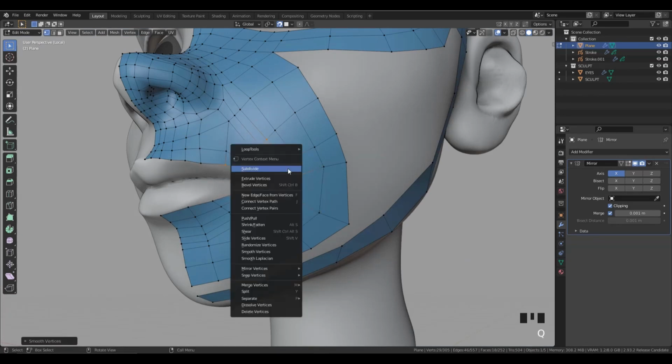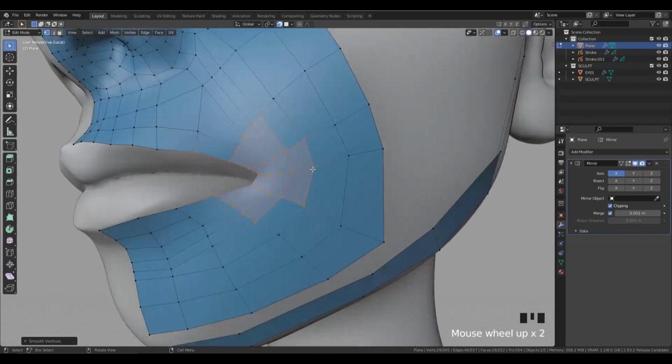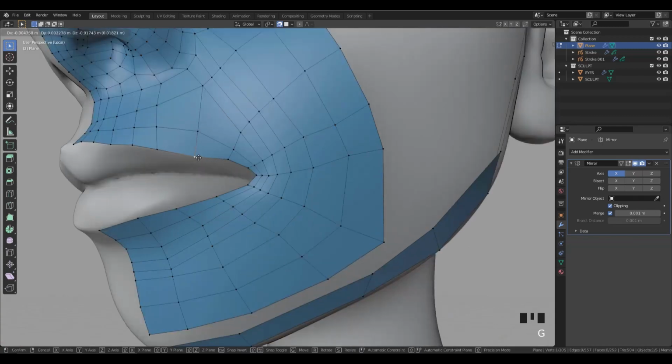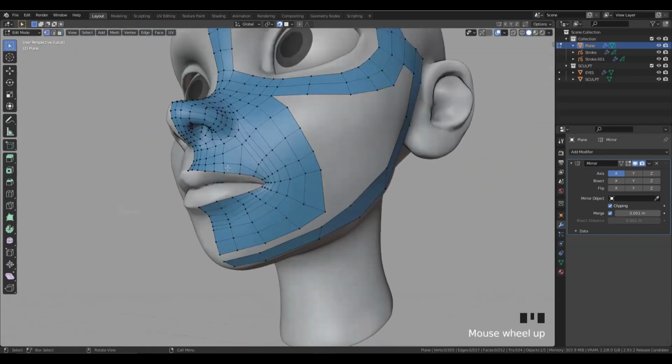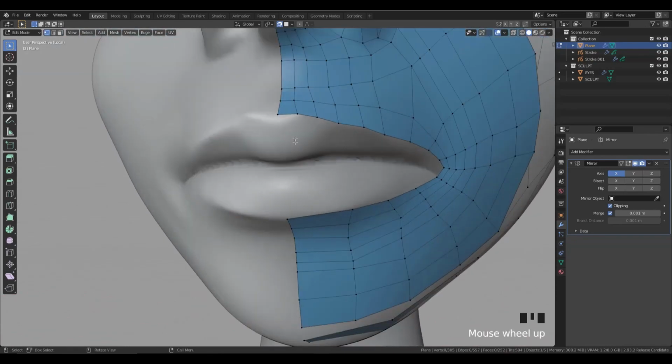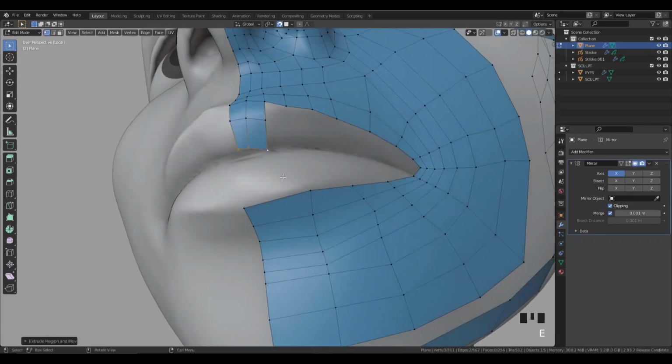And if you don't have this in your quick favorite menu, you can right click while being in vertex mode, and you can add the smooth vertices option. Okay, and now when you press Q, it's there. The cool thing is that even when you're in face mode or in edge mode, you can still press Q and the option will still work. Which is not the case, apparently the option doesn't exist in edge mode